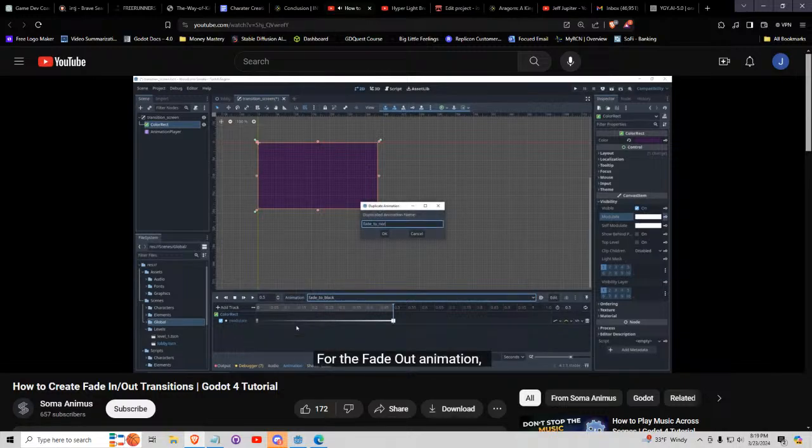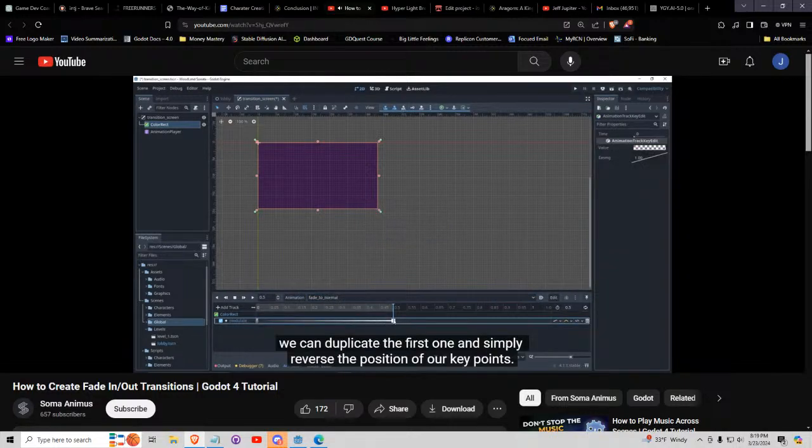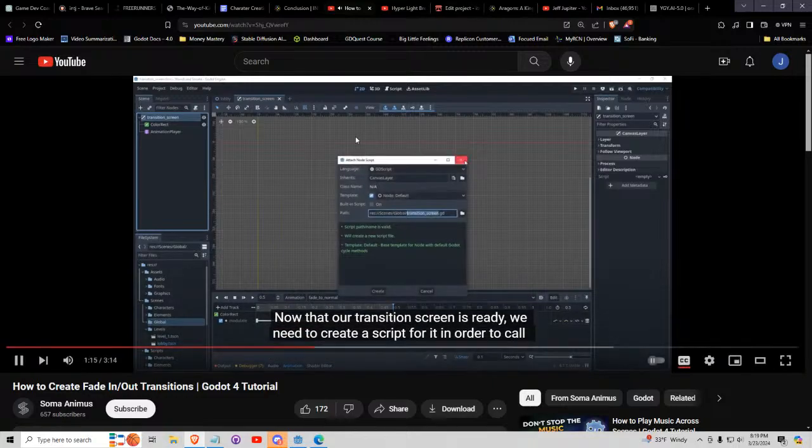For the fade out animation, we can duplicate the first one and simply reverse the position of our key points. Now that our transition screen is ready, we need to